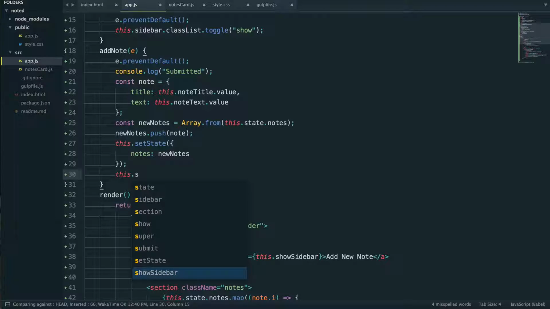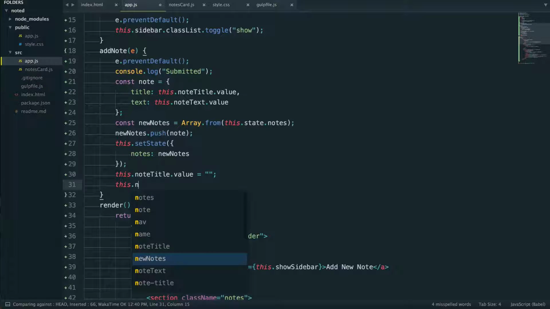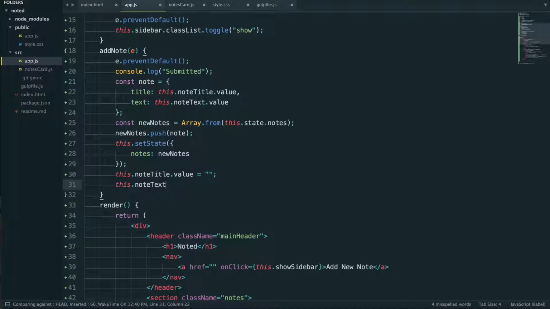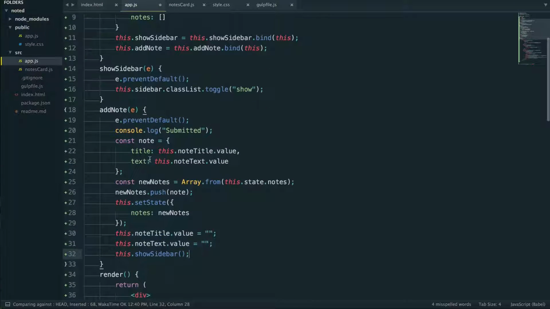So we can say this dot note title dot value equals just an empty string, and same thing for the text. An empty string, and then we can call the show sidebar because that will go ahead and change our